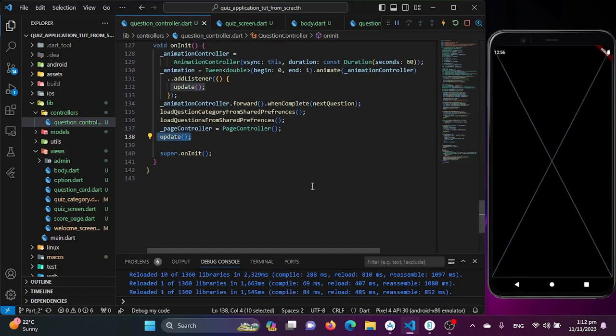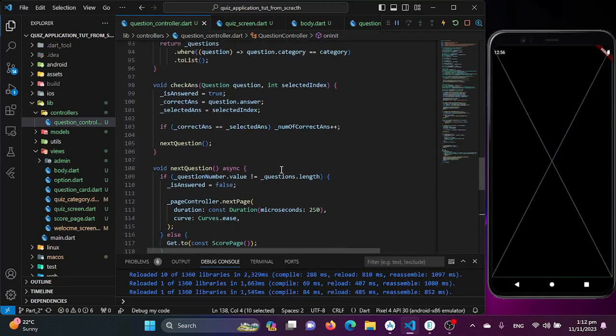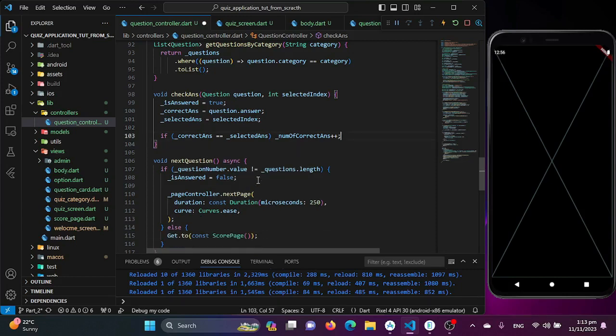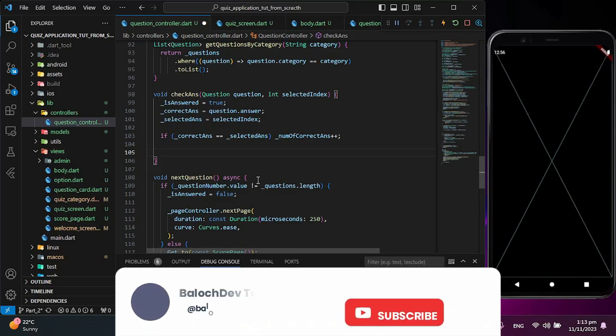So now in our check answer function, we are checking basically if the selected option of the question is correct or not. So we need to make the user wait for some seconds to show if it is correct or not. So in this function we will be just doing that and making our user wait. So before going to the next screen, I will be just making my user wait for 3 seconds, which will be